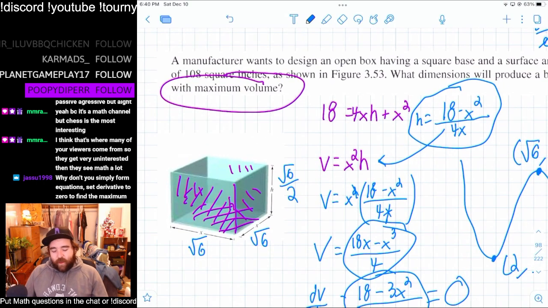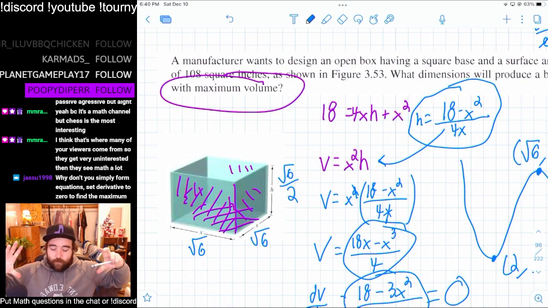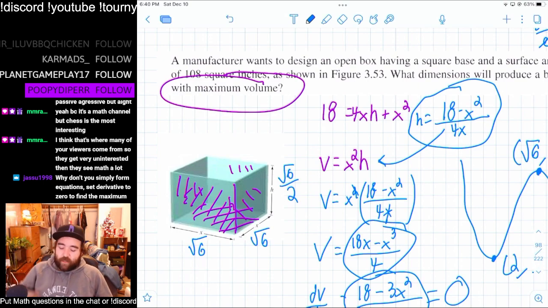I was worried about that at first when I was solving that answer, because normally you'd expect things to all be equal. But the whole reason that's not true is because the top is missing. So that answer makes sense to me. You have square root of 6 by square root of 6 by square root of 6 over 2. And what we can do